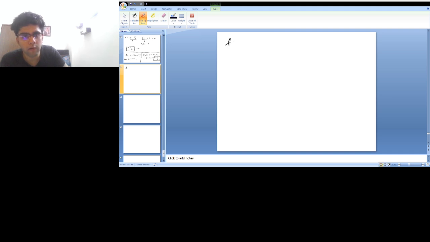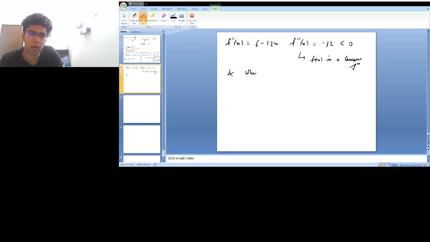So the first derivative was 6 minus 12x, and the second derivative is minus 12, less than 0. This tells us that f(x) is a concave function, and when f(x) or any function is a concave function, then we can say that